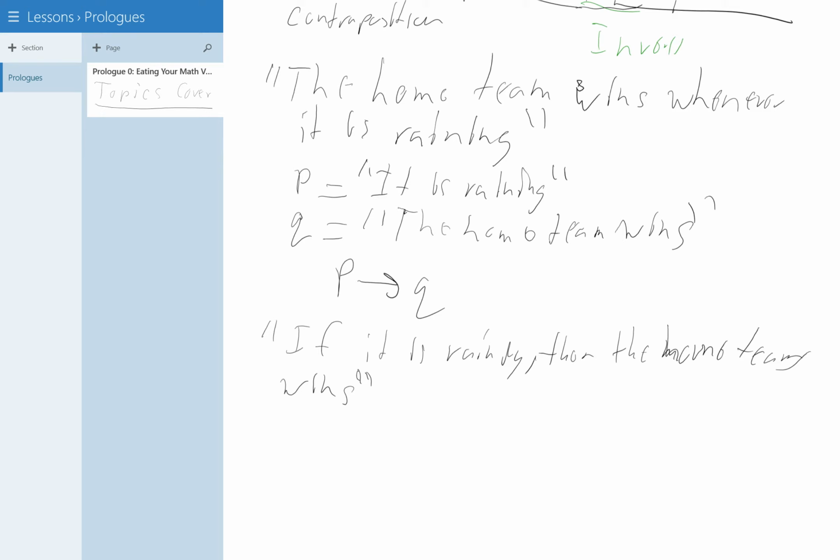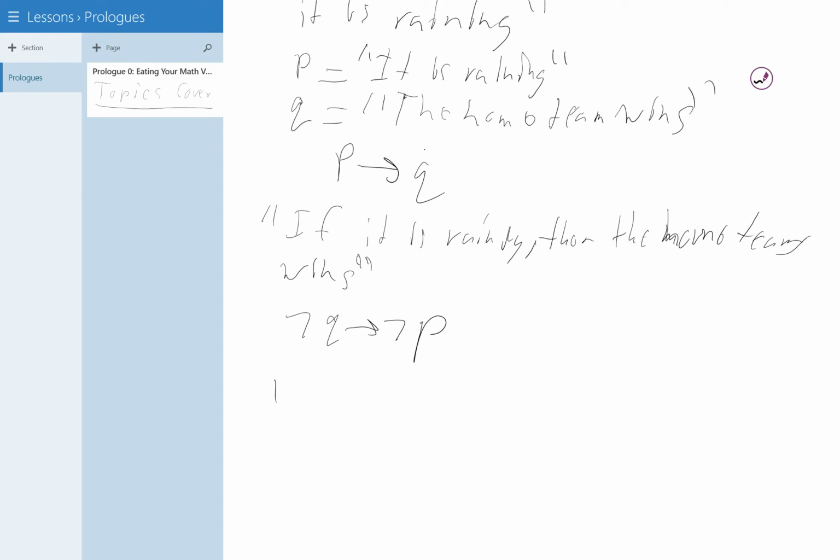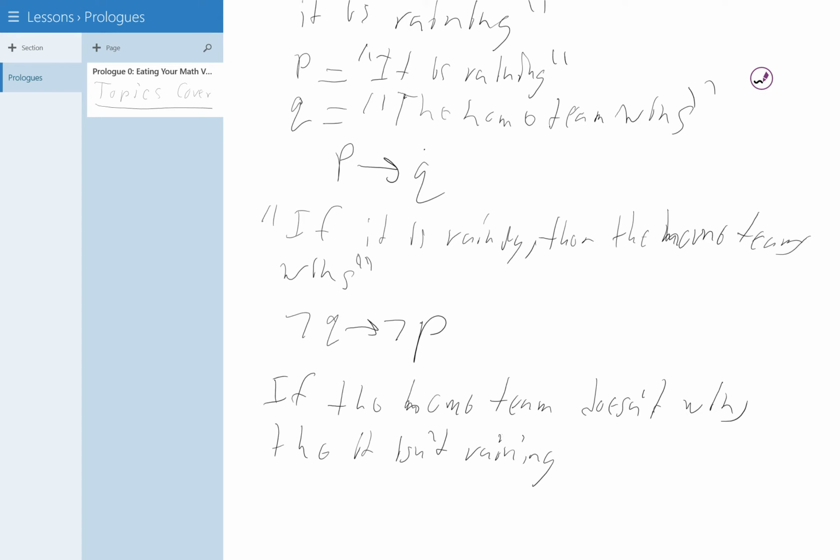Let's begin. The contrapositive is not Q implies not P, by the definition of contrapositive as we defined above. What that means is: if the home team doesn't win, then it isn't raining. You can see why these two statements are logically equivalent. They have the same truth value because